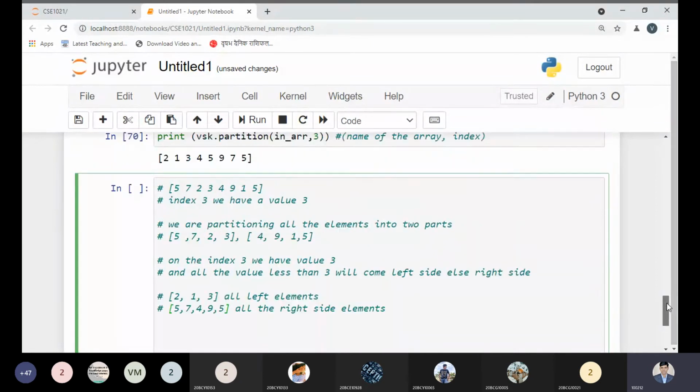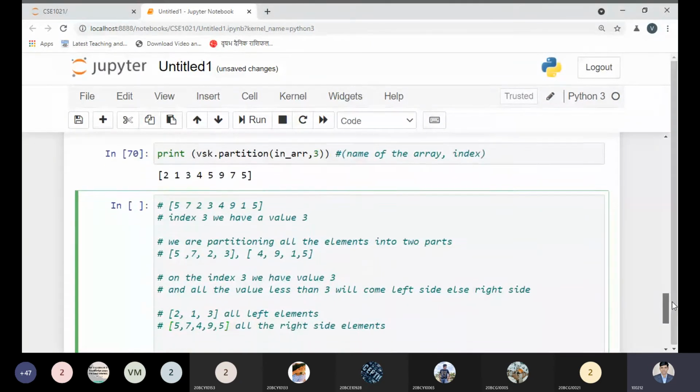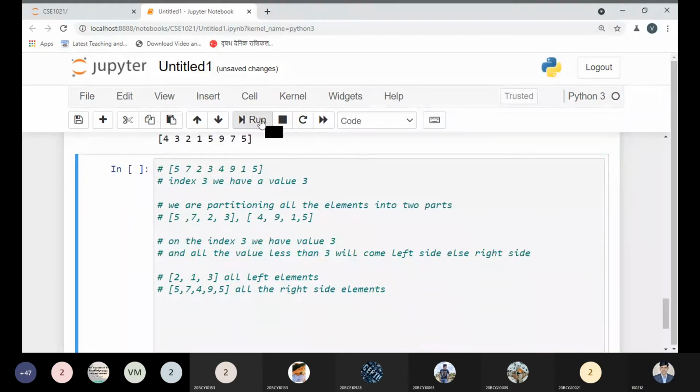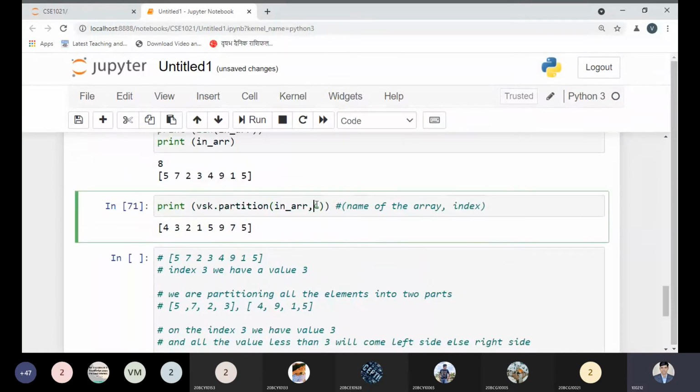So we are getting the values 2, 1, 3, 4, 5, 9, 7, 5. 4 is coming here for sorting purposes. So 4, 5, 7, 9, and 9, 7, 5. And if I just choose this 4, that is the correct way. That's again 3, getting this one.